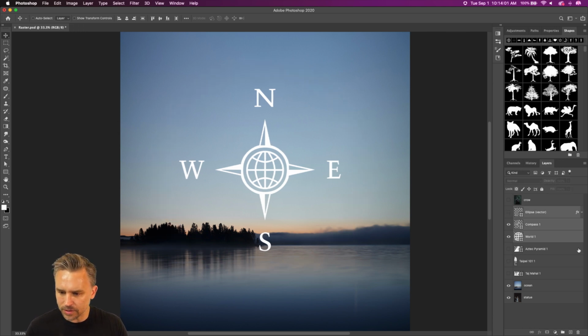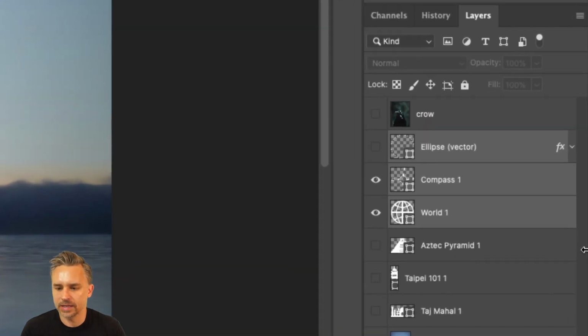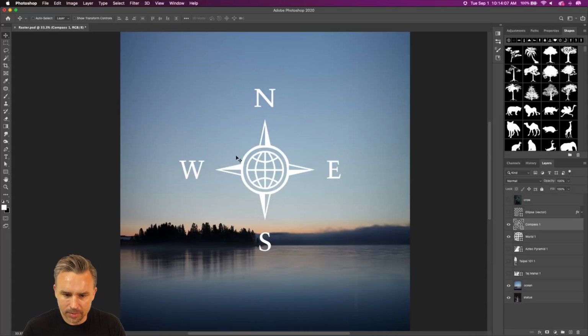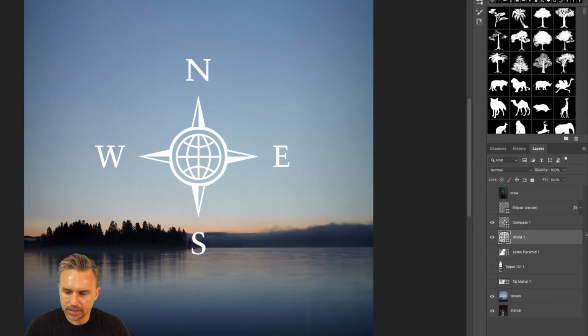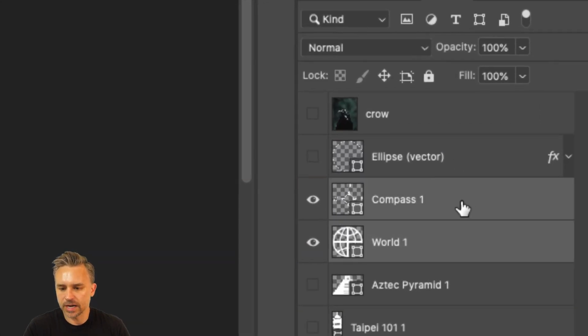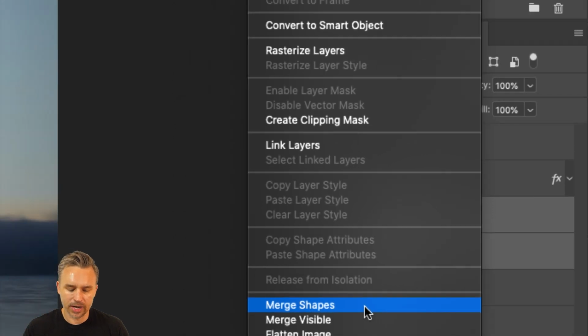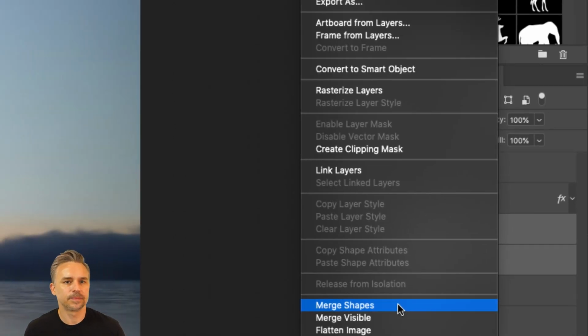Because really what I want to do is I'm moving these independently. I have this world and I have this compass, and I'm trying to move them around. Now that they are in the exact position that I want them to be, I actually want them to be part of one shape. Okay, so that's what I'm going to do. I'm going to take these two vector shapes, shift selecting both layers, and right down here we want to merge